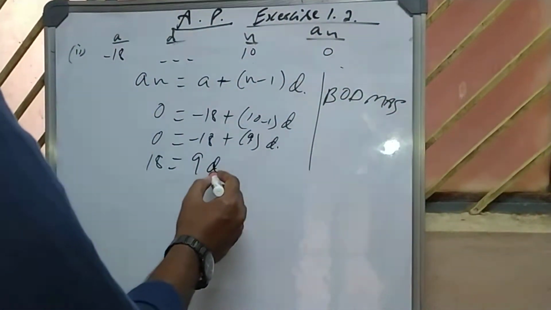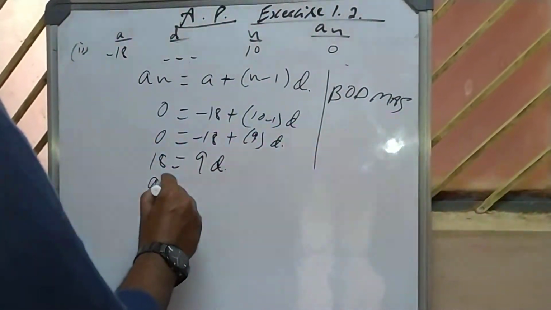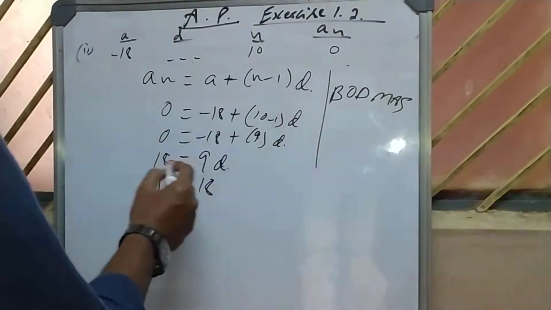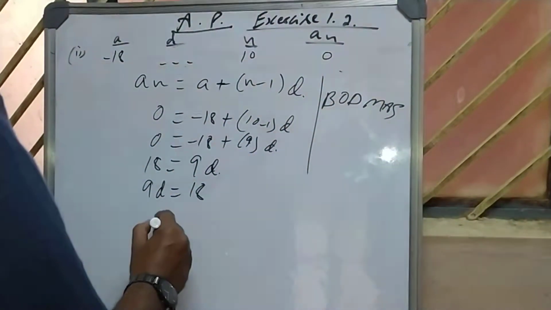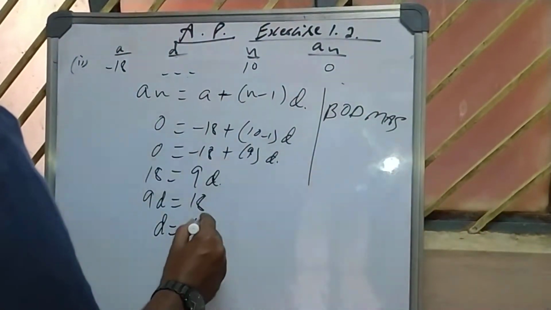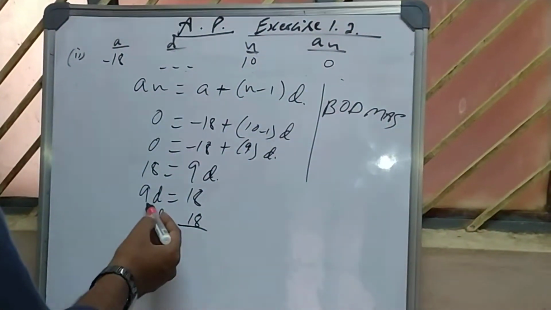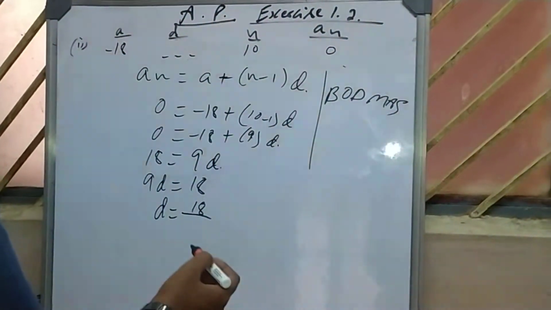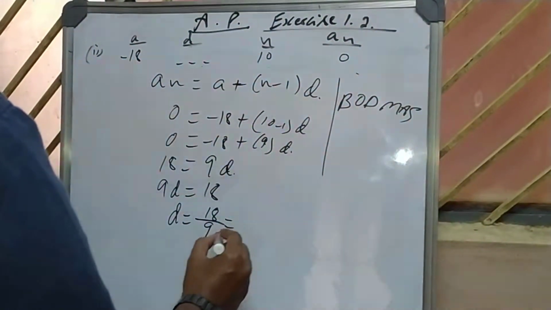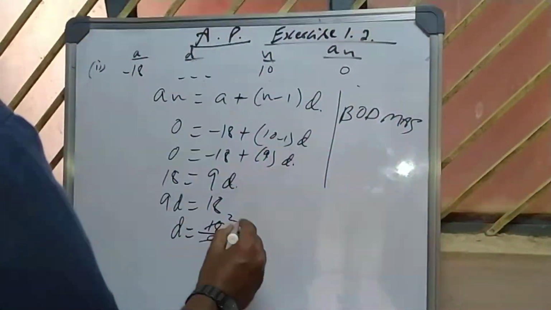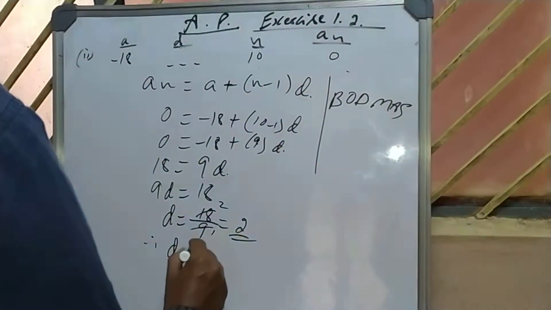In the next step, to make it easy I will write 9d is equal to 18. Here it was 18 is equal to 9d. Now I am writing 9d is equal to 18. Both are the same. I want the value of d. So d is equal to 18 divided by 9, because 9d means 9 into d. It is multiplied here, so if you send 9 to this side, it will get divided. So it will be 18 divided by 9. You know that 9 ones are 9, 9 twos are 18. So the value of d is 2. Therefore, value of d is equal to 2.